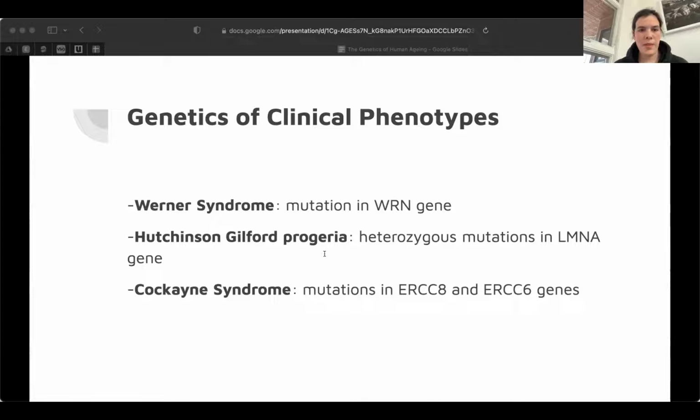Finally, we have a syndrome that wasn't mentioned before, Cockayne syndrome, which is caused by mutations to the ERCC8 gene and ERCC6 gene. These genes encode the CSA and CSB proteins, which play central roles in transcription-coupled nucleotide excision repair, which occurs at specific secondary DNA structures. So this can have a range of different targets, but all manifest in some way to affect the longevity of the patient or person that has it.